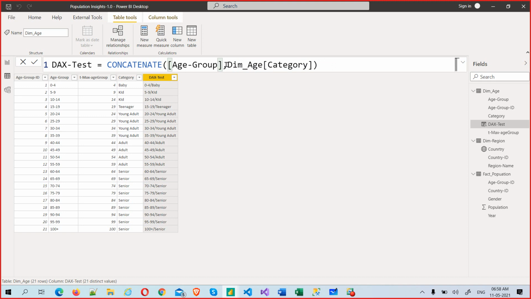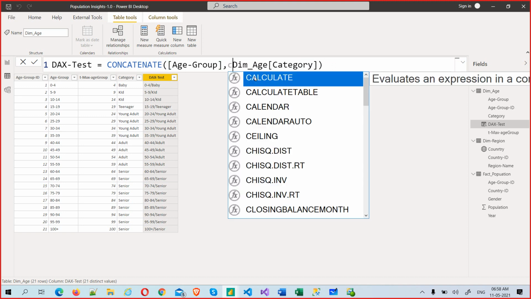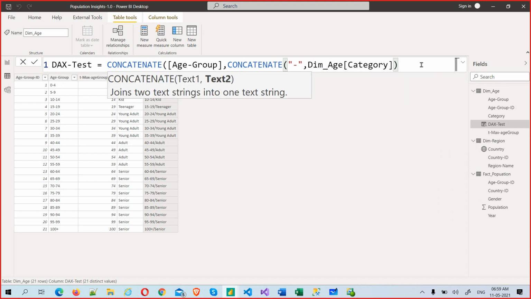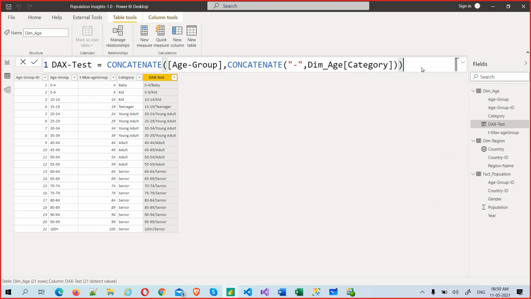I can use one more concatenate option. Now again it will come text one. So in this text one, I can use a space or comma, something like that, then text two. So here I can put a hyphen, underscore, anything I can put. This also works as one more text, and then click one more close button. So now it will work. Concatenate inside concatenate.